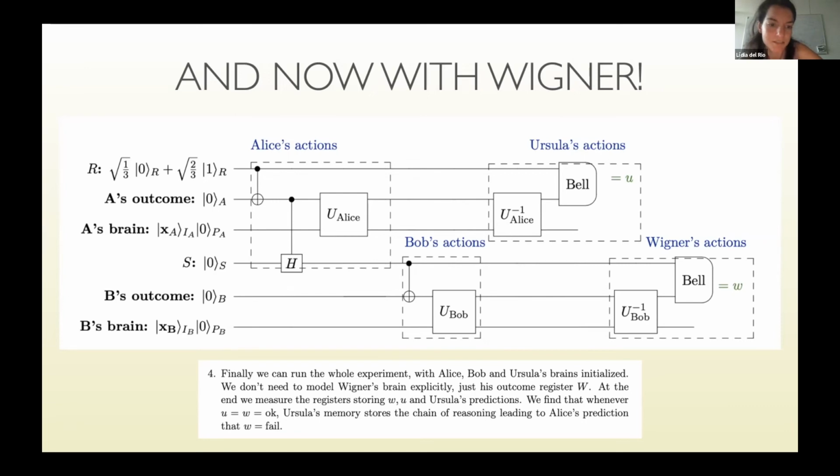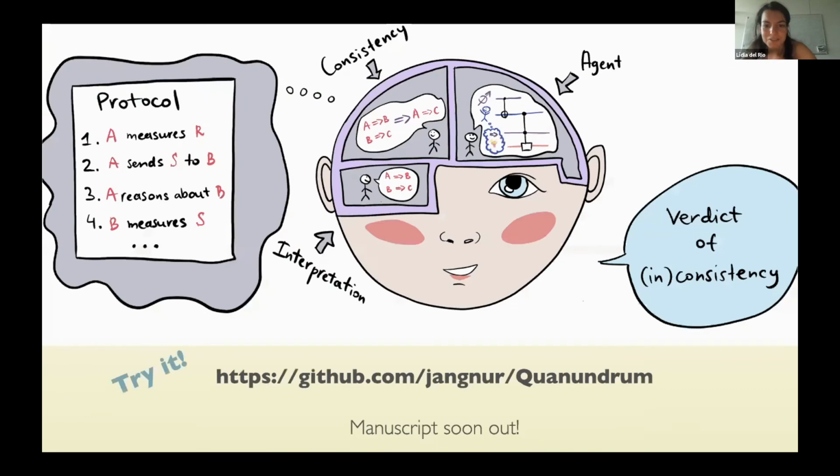But for all these things, the good news is that the program is open source, so you can go to GitHub, and if you're so inclined, fork it and expand it, and we'd be very happy to hear about this. So the conclusion is just, look, this is our attempt to try to bring some systematization to all these thought experiments and logical problems and multi-agent paradoxes in quantum theory. And we hope you try and let us know if you find it useful.